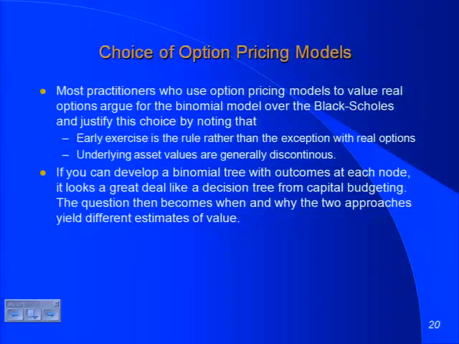I can come up with a value, but I'm going to be a lot more queasy about what that value is telling me with a real option where I can't trade the underlying asset than I can with a listed option on a traded asset. So keep that caveat in mind. The real options that are easiest to value are those real options that at least have a shot of trading the underlying asset and trading the option. There are a couple where that fits, but most real options, that's the problem I run into.